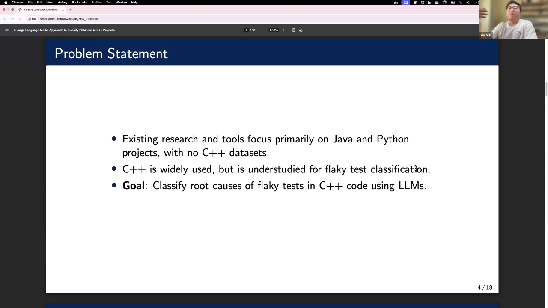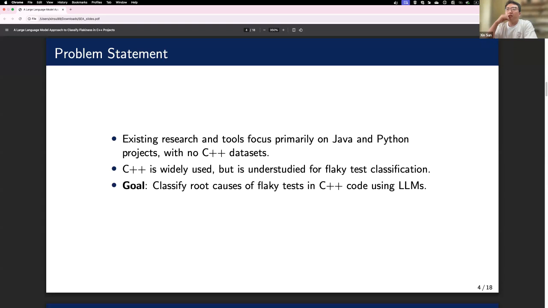Now, addressing flaky tests typically involves two main tasks: detecting which tests are flaky and classifying the root causes of their flakiness.